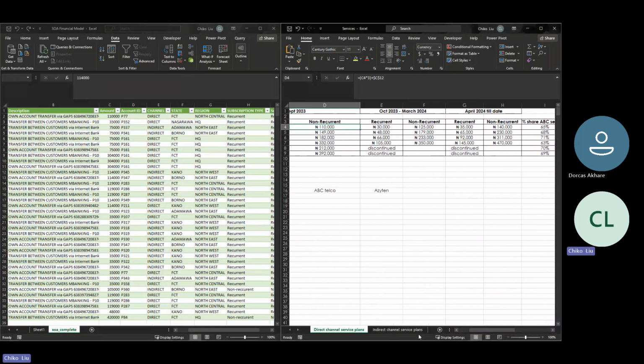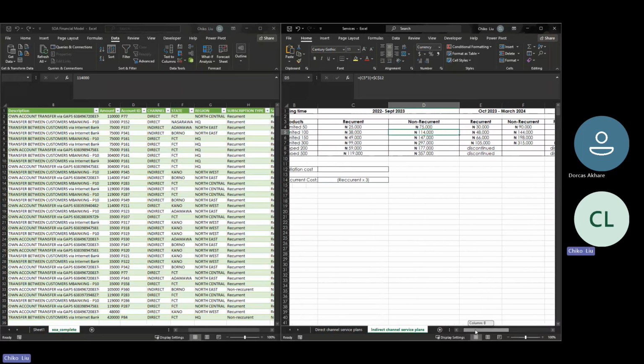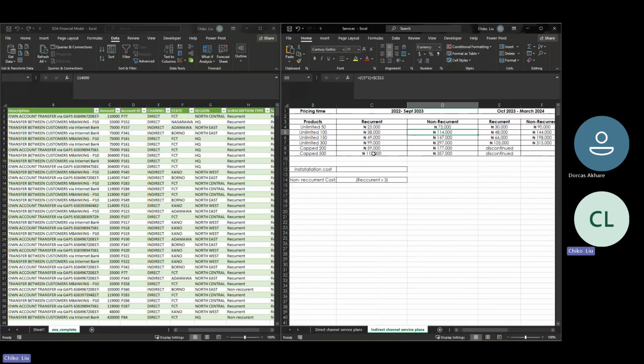It's not here, so it means it will be here. Okay, look at 114,000. You can see it's showing recurrent, so it is not. This is wrong. 119,000. Let's see where 119,000 is. You can see this is recurrent,